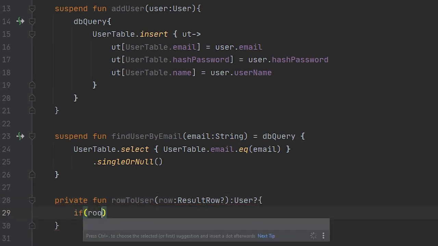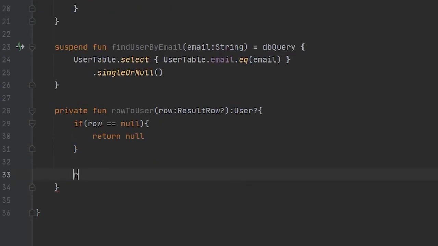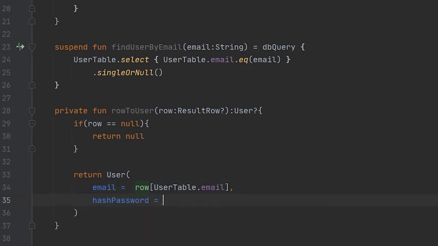If our row is null, then we will simply return null, and if it is not null, then we will return our user, where email is equal to row of user table dot email, and our hash password will be row of user table dot hash password, and our name will be row of user table dot name.